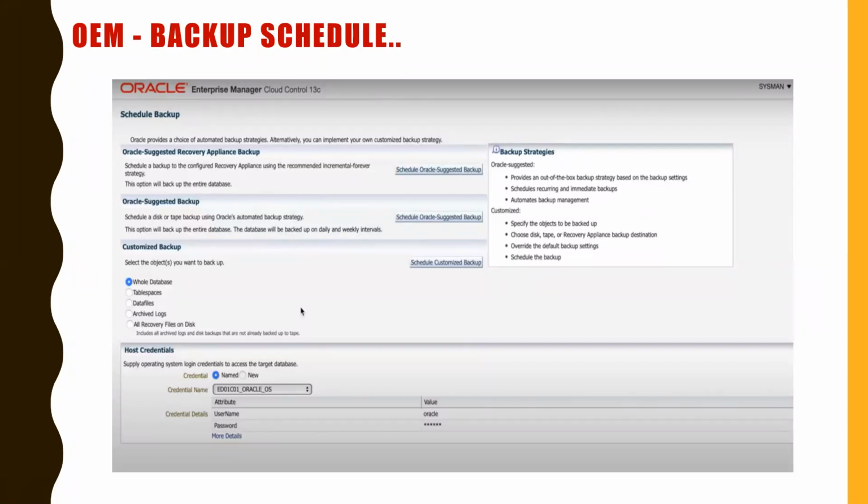Here, if you look at the left side, the second option is Oracle suggested recovery appliance backup. So here we can configure the backups like incremental forever, and you can perform a full backup also. Or else we can create customized backups, if you want to perform a whole database backup or a tablespace backup. Since recovery appliance doesn't need an archival backup, because when the real-time redo is enabled,